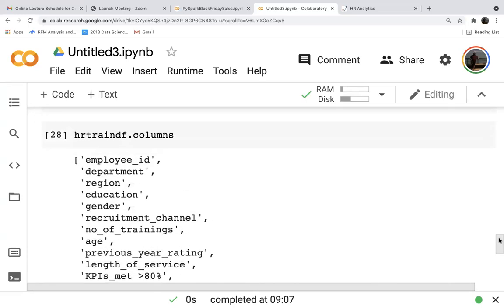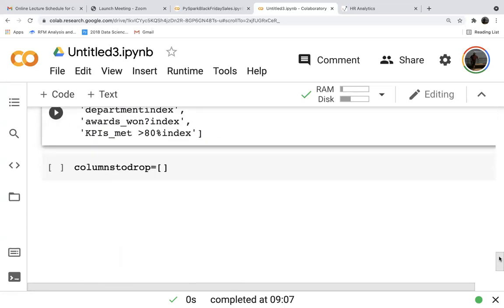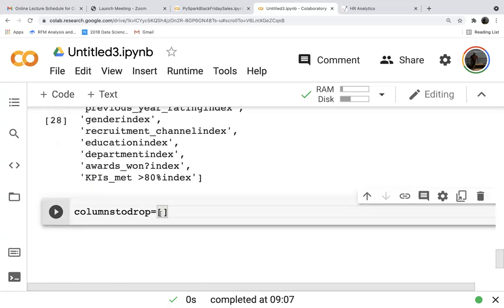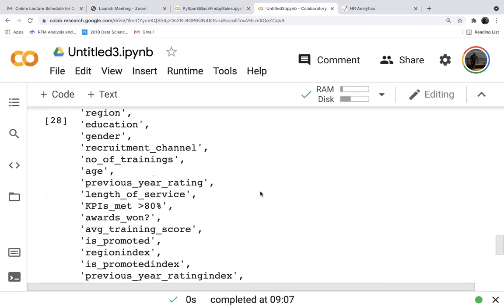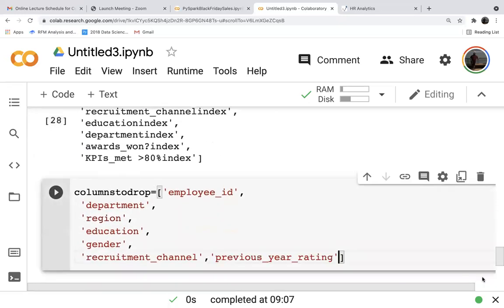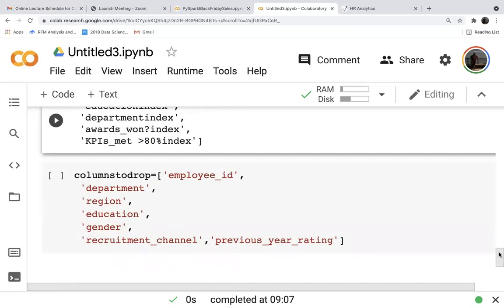We will drop employee ID, department, region, recruitment channel. Then we will not touch number of trainings. Previous year rating, select it. Length of service will remain as it is. Then KPIs and is_promoted. So till here we have to drop.